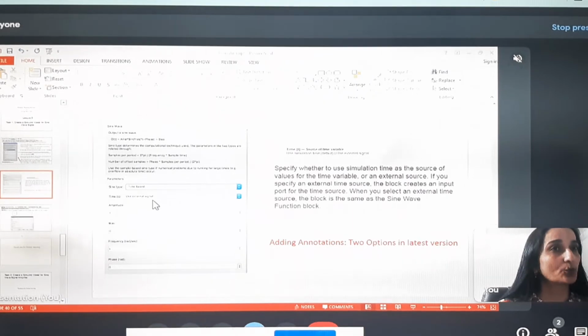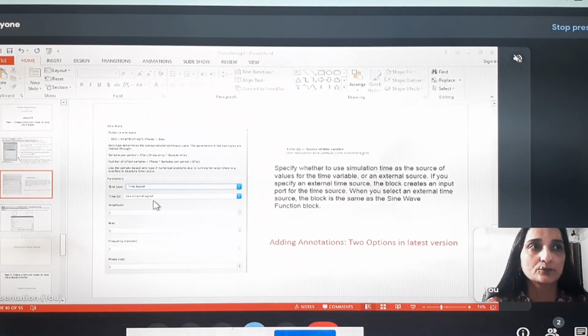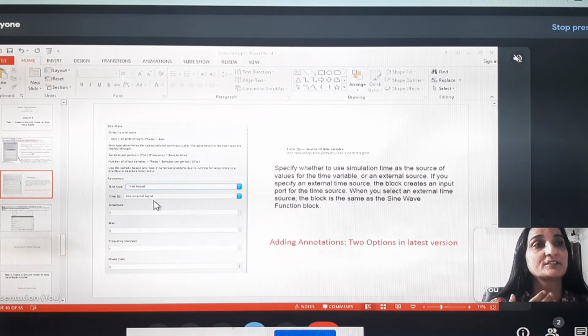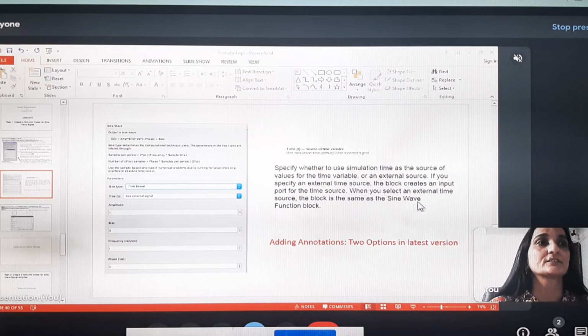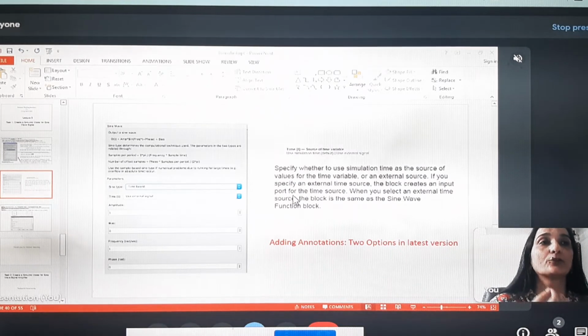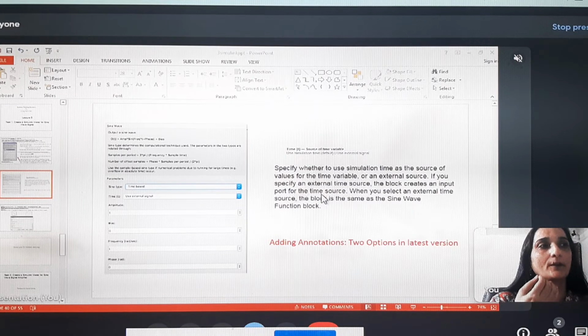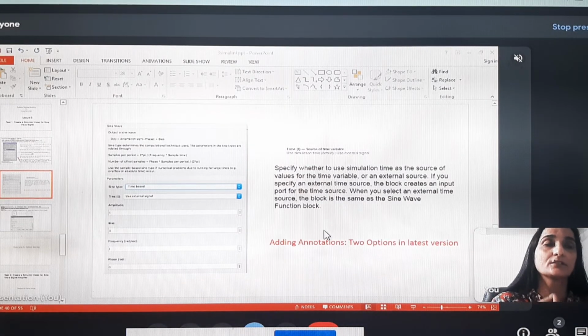time source. When we select an external time source, the block will be the same as the sine wave block. The only difference is that an input port is now displayed for the time source. Now, how do we provide the time signal to this input port?